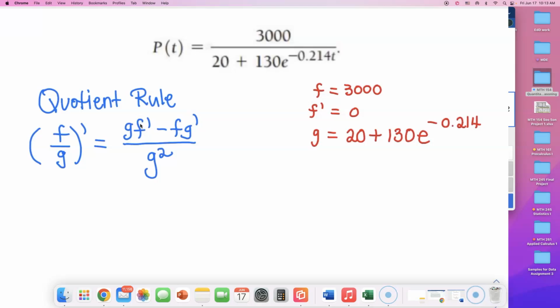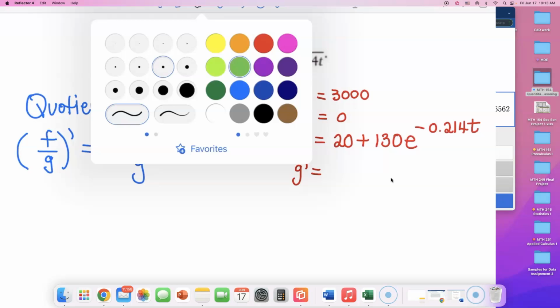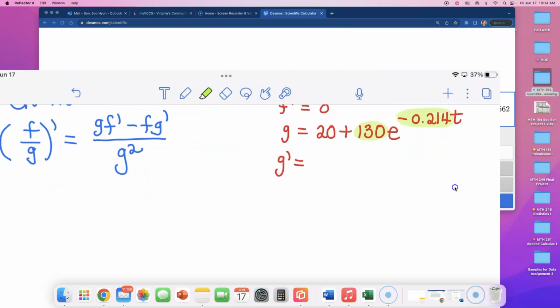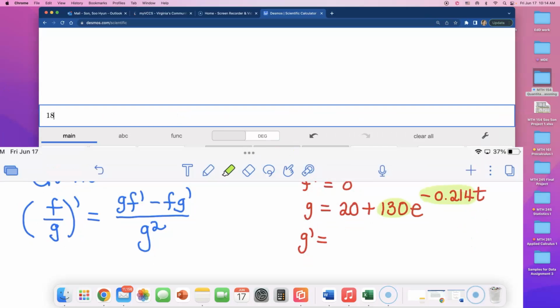0.214t. Now we have to take the derivative of this, and this is the new lesson in this chapter, right? The derivative of 20 is just 0, so I don't have to write that. But look, I need to multiply this coefficient of 130 with this coefficient in the exponent, okay? So, all right, hold on. Let me get what that number is first. Those green numbers multiplied together. 130 times negative 0.214